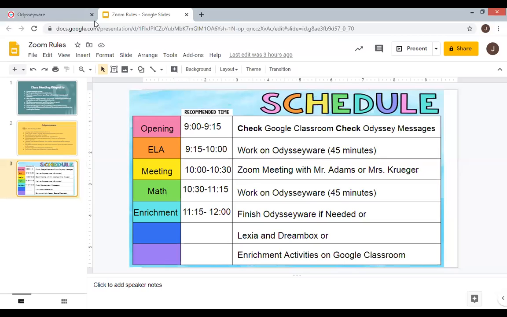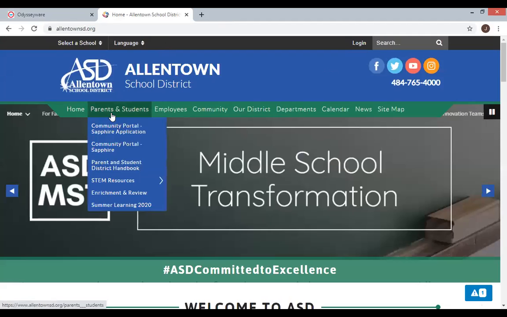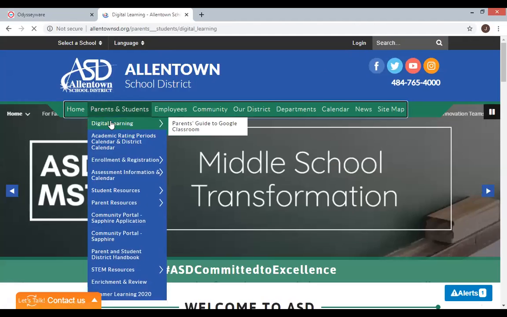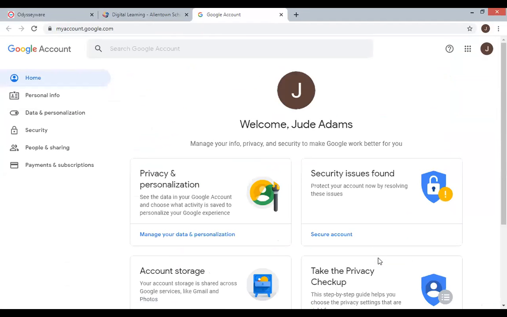So going to Google Classroom, sorry, I've got to get out of this program first. I'm going to go back to the Allentown School District homepage. And again, I'm going to click on Parents and Students and Digital Learning. When I scroll down the page, there's a G for Google, and it's going to ask you to log in. Now, once you log in this time, as I showed you on the whiteboard, the login will be the student ID number at allentownsd.org, and then their number will be